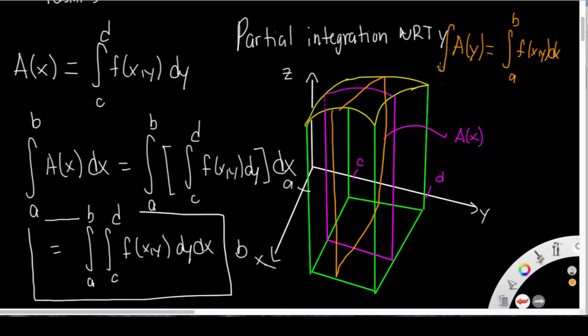Integrate the left-hand side with respect to y, from C to D of dy. So I must integrate with respect to y on the outside of this single variable integral from C to D, dx, dy. And we would be integrating this cross-sectional area from C to D, meaning we'll get the same